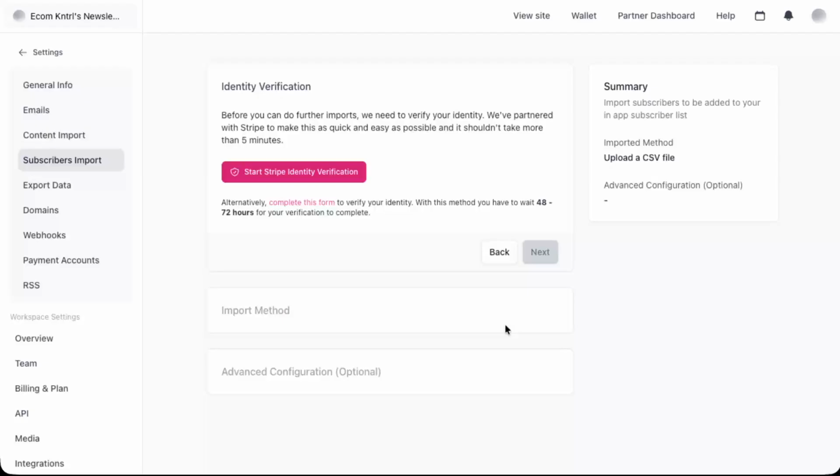Finally, click on Import. BeeHiiv will start processing your file and adding those subscribers to your list. Depending on the size of your file, this might take a little time. Once it's complete, your imported subscribers will appear under the subscriber